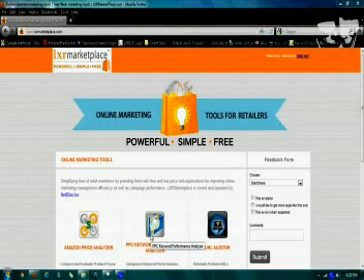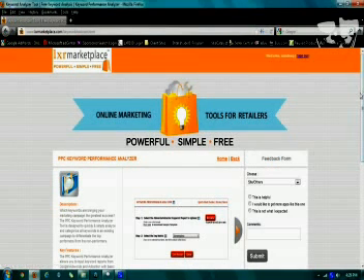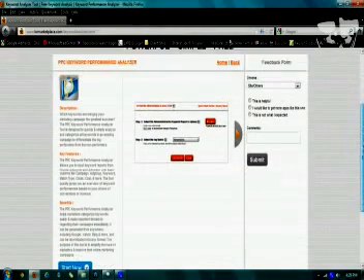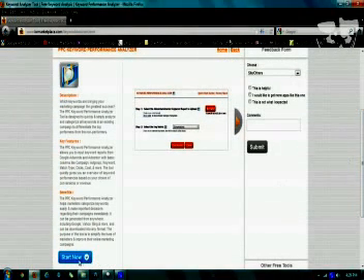Now we will have a look at how to use the tool. Visit alexamarketplace.com and choose the PPC Keyword Performance Analyzer tool by clicking on it. This will bring you to the product page, and you can launch the tool by clicking on the Start Now button at the lower part of the screen.